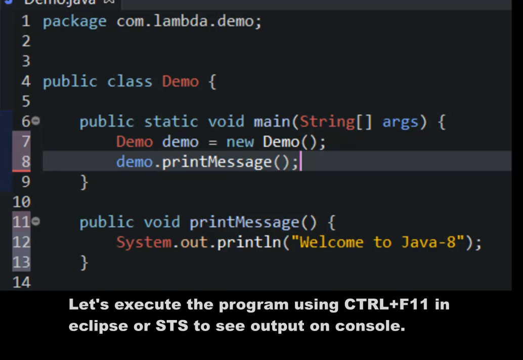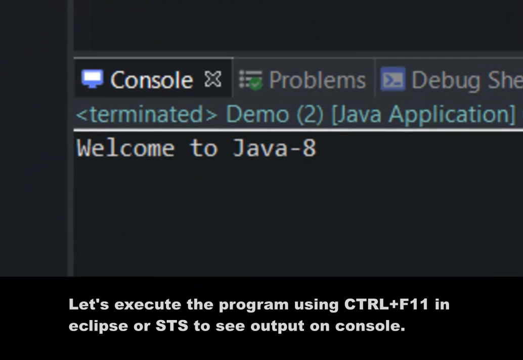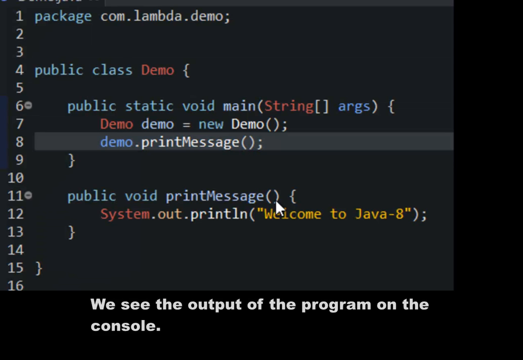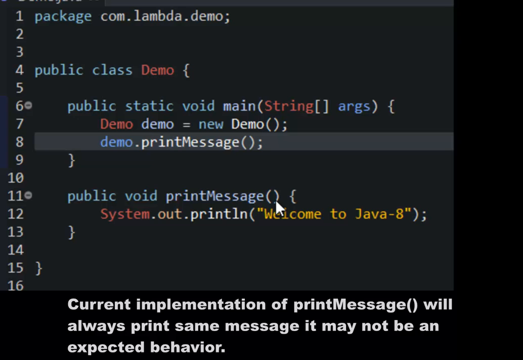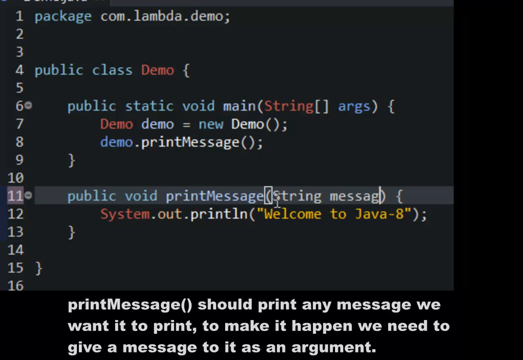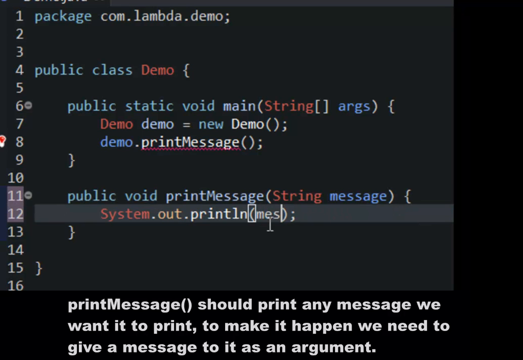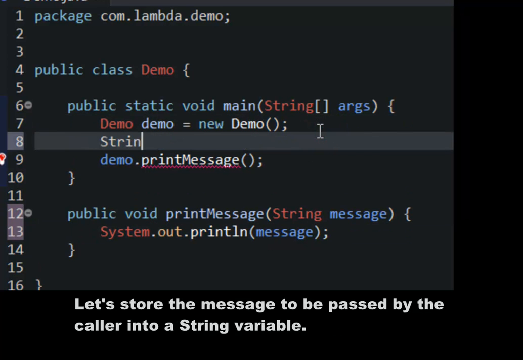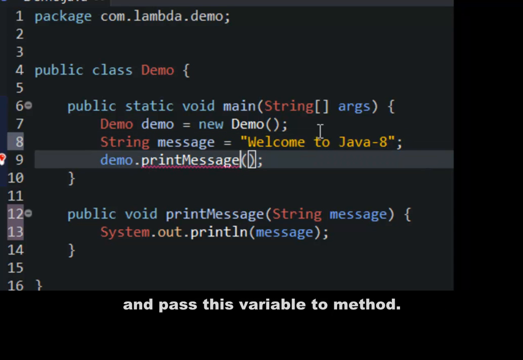Let's execute the program using Ctrl F11 in Eclipse or STS. And here we can see the output of the program on the console. Current implementation of this print message will always print the same message. It may not be an expected behavior. Print message method should print any message we want it to print. To make it happen, we need to give the message to the method as an argument. Let's store the message to be passed by the caller into a string variable and pass this variable to the